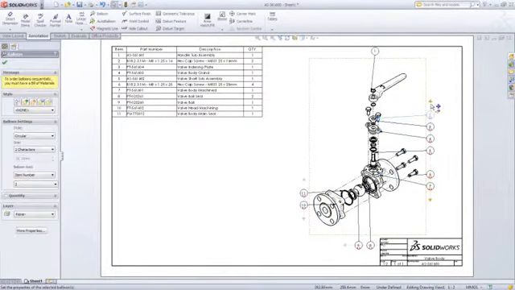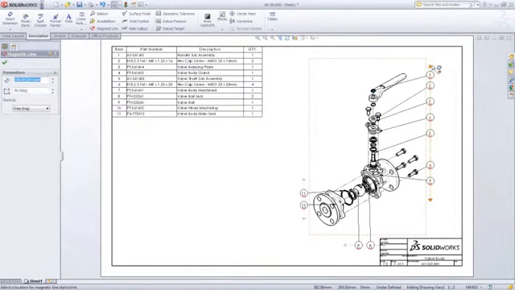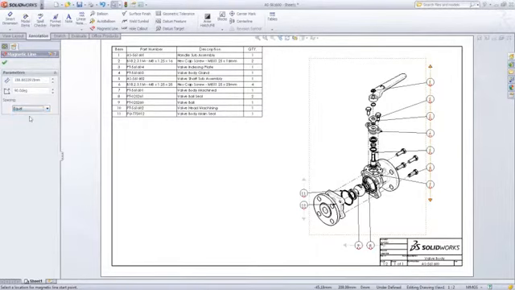All balloons are placed on a magnetic line to keep the drawing neat and tidy. Balloons can be moved from one magnetic line to another. There are options for angle as well as equal spacing. This means there is less time spent placing the balloons and getting them exactly where you want them. The magnetic lines provide an easy-to-use tool that makes sure your drawing is as precise as you need it to be.